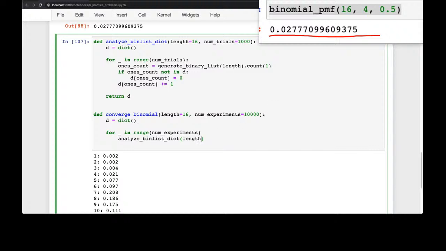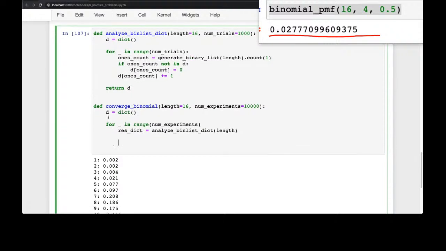Let's just assume that that's fine, okay? So I'm going to put this into something called results dictionary, and I'm going to say for each item in the results dictionary, I'm going to append each value into our original dictionary, okay? So I'm going to say for key, value in the results dictionary dot items,